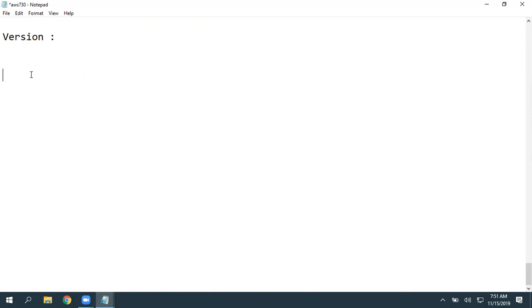And even if you accidentally delete data, we can get it back if versioning is enabled. If you delete a file, you can even get that object back into the S3 bucket if versioning is enabled on your S3 bucket. Okay, so let's quickly log in and observe this option.